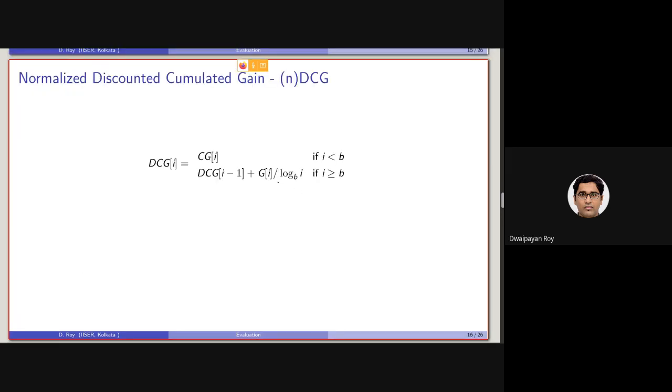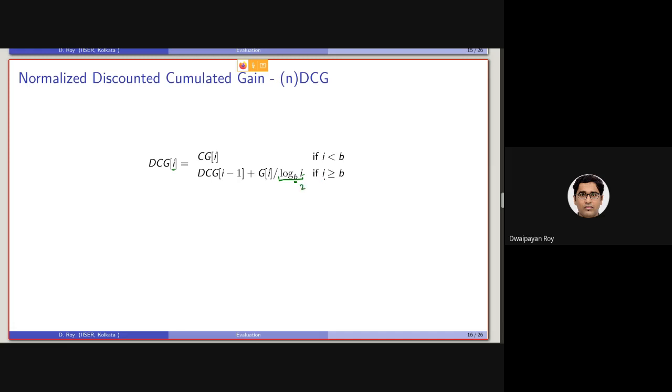Considering that, we will be basically log normalizing based on the position of the rank. Note that here i is the position of the rank, and there is a parameter here. You can see it is log base b. Usually the log base is considered as 2.